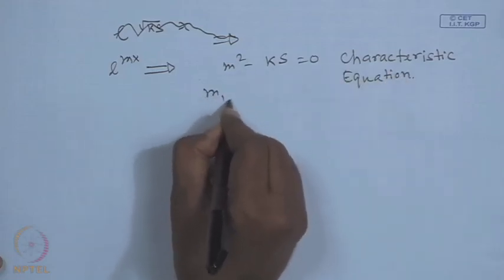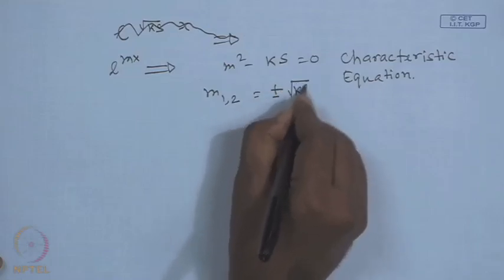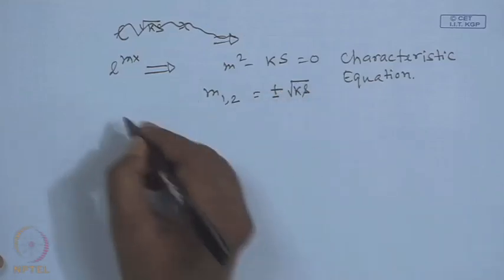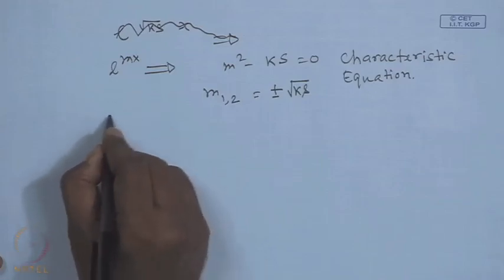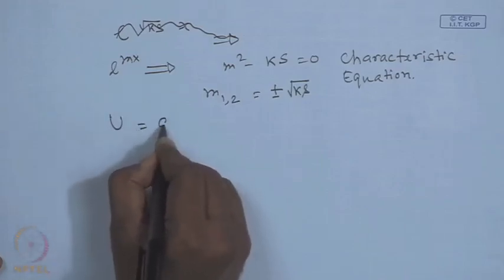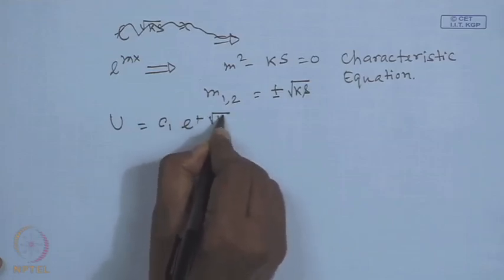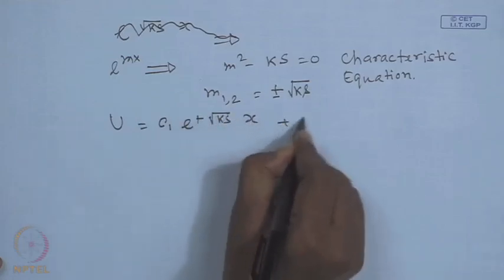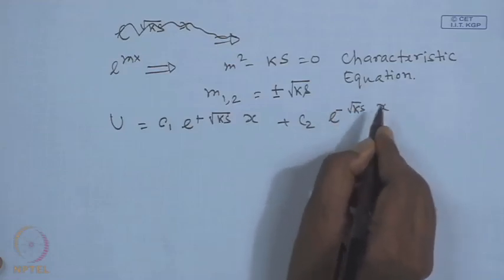So, m 1, 2 are the two roots, plus minus root over k s. Therefore, the solution of this problem will be composed of c 1 e to the power root over k s x plus c 2 e to the power minus root over k s x,